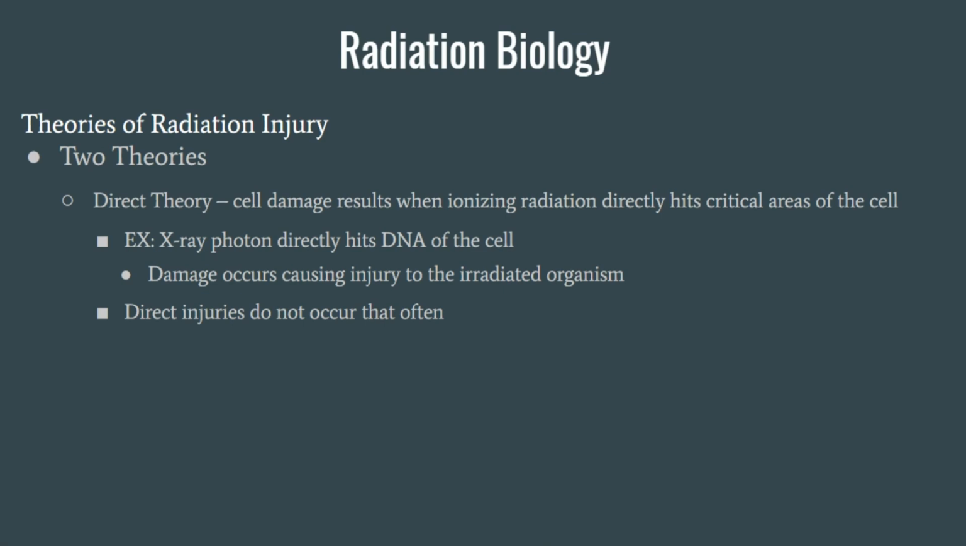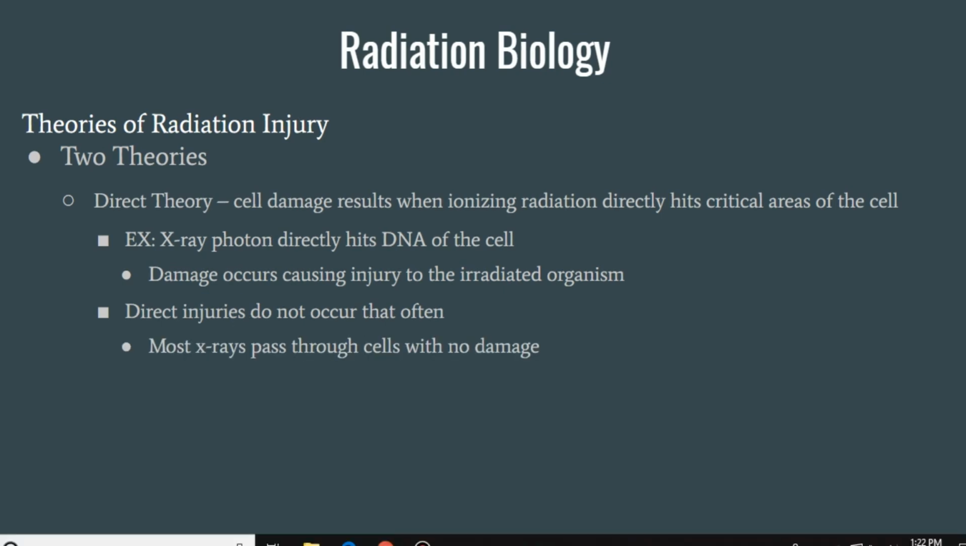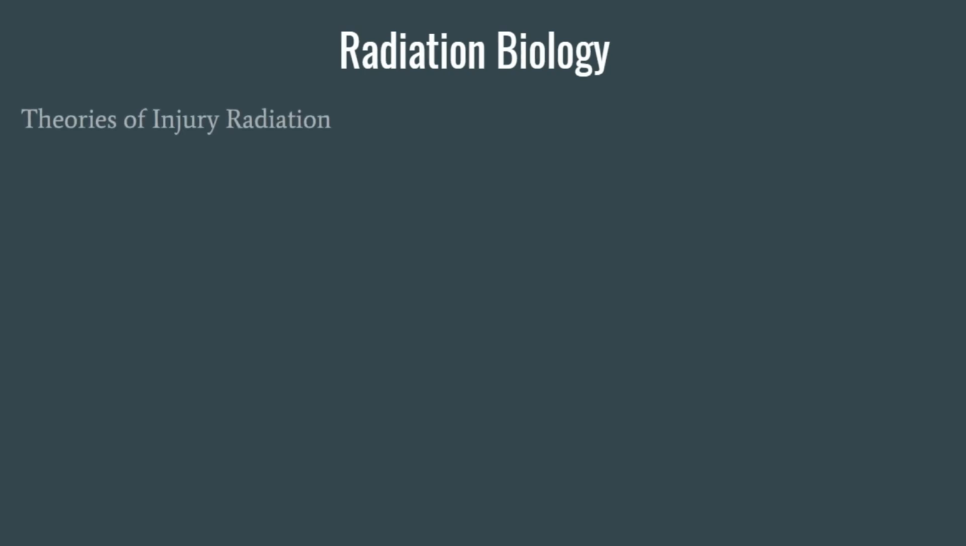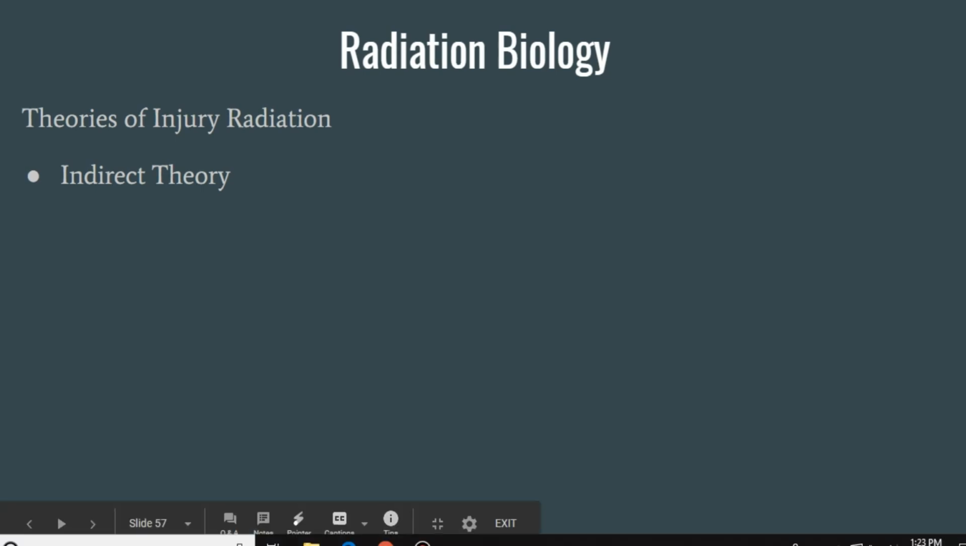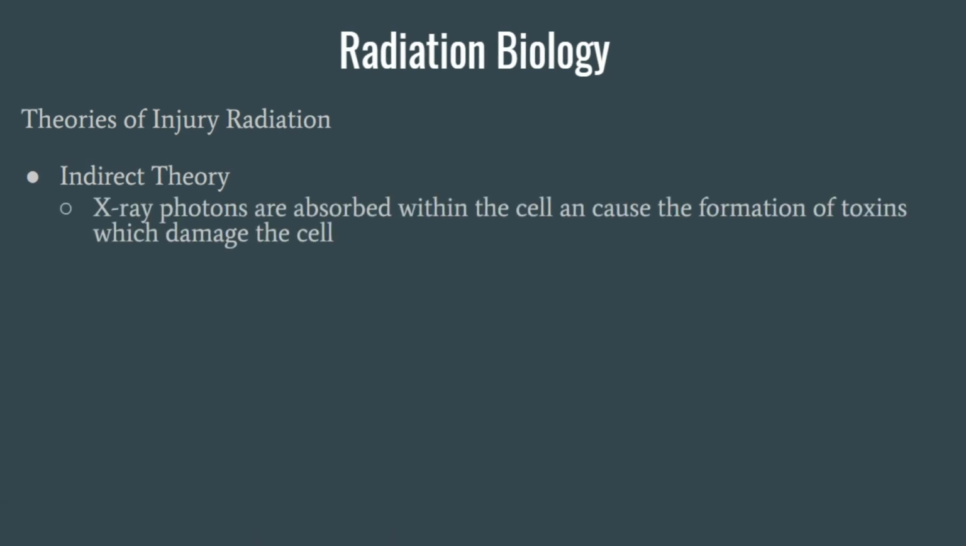But the good news is, if there's any kind of good news here with radiation injury, that direct injuries don't occur that often. They are infrequent. Most x-rays are going to pass straight through your cells and they're going to cause no damage. The second theory of radiation injury is going to be the indirect theory. And this theory suggests that X-ray photons are absorbed within the cell and cause the formation of toxins